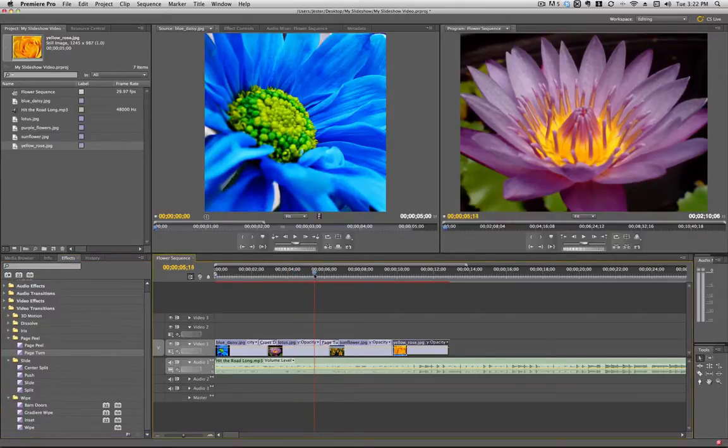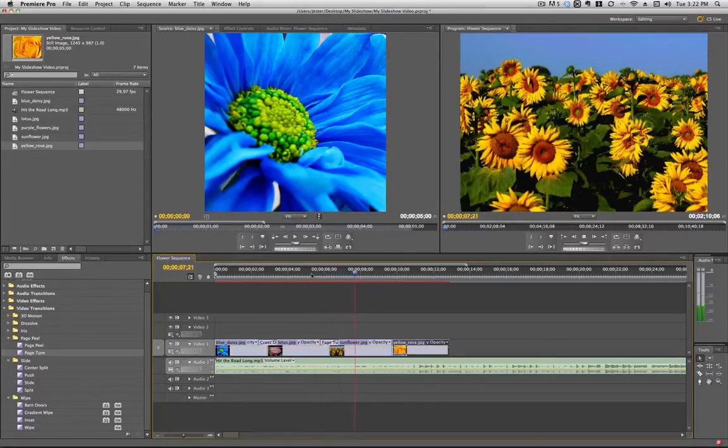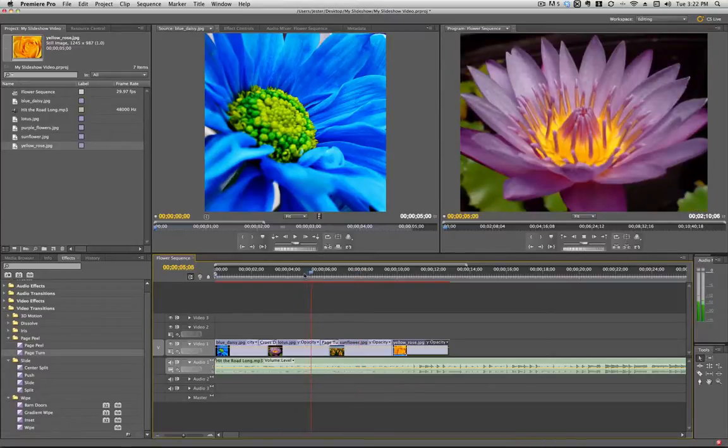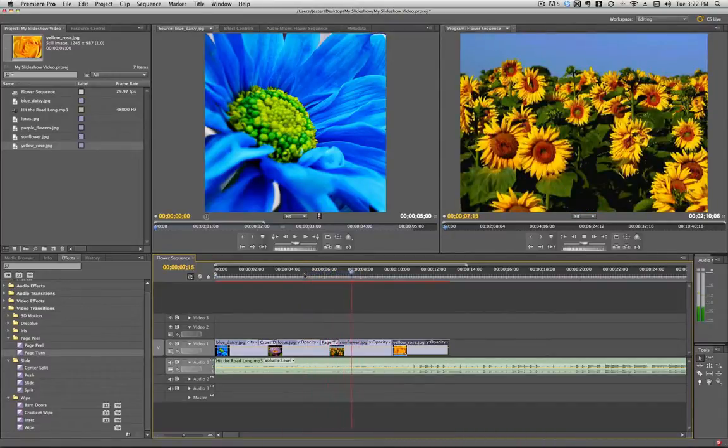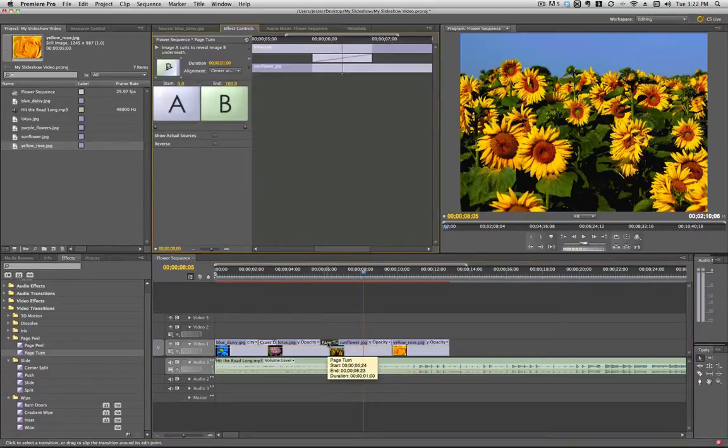And then again, I move my timeline indicator to just before the transition and play, and then you'll see the page turn happen. So that looks all right. If I want to change some of the timing of the dissolve, make it slower, make it faster, then